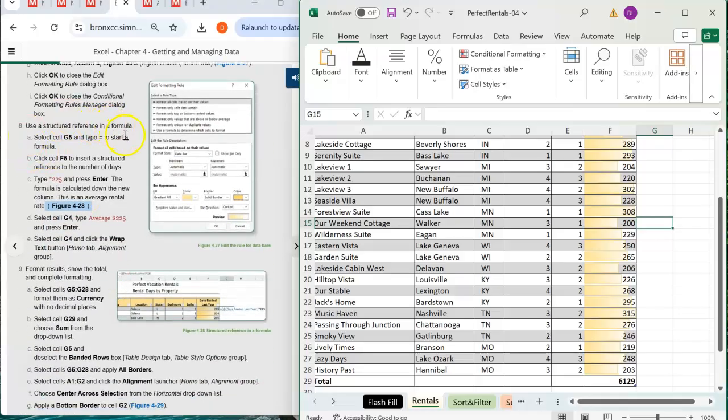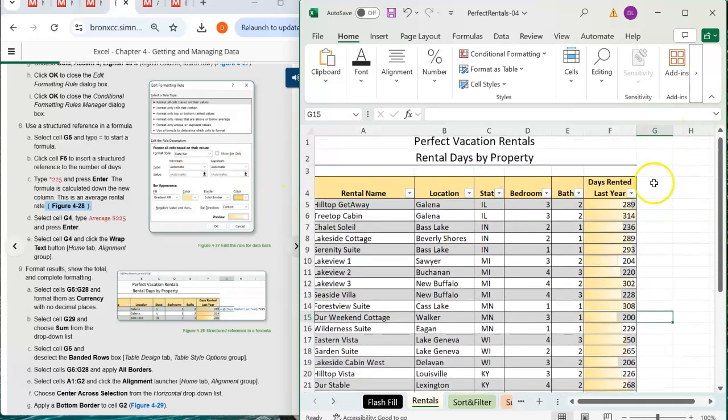Use structured reference formula G5 to select the formula. Okay, now we are going to select G5. So G5 is here. Click on G5. And then we are going to type the formula here. You can either type it here or here. Anywhere is fine. So we select equal to, and then we type,